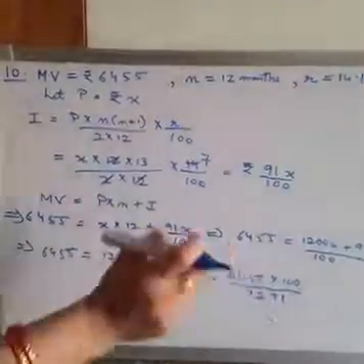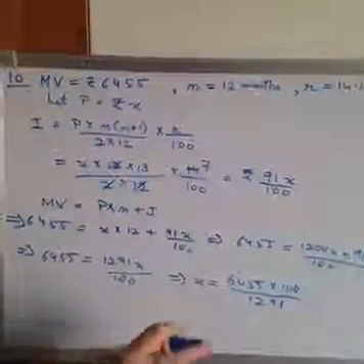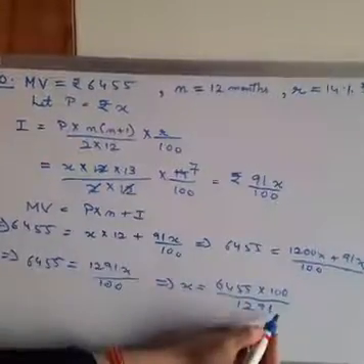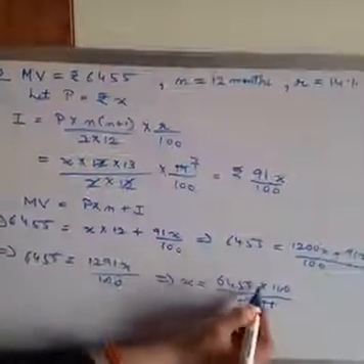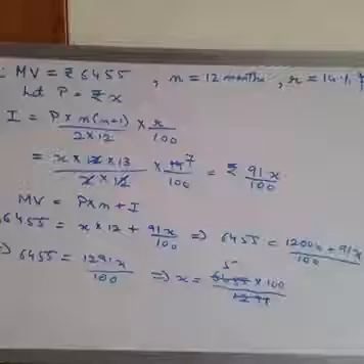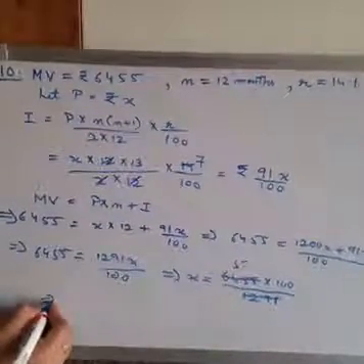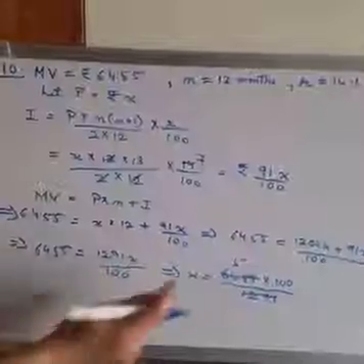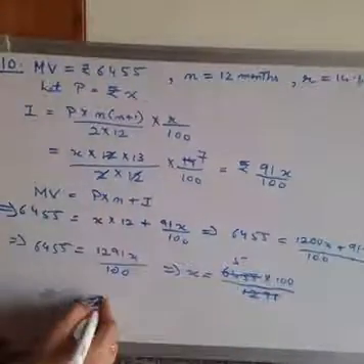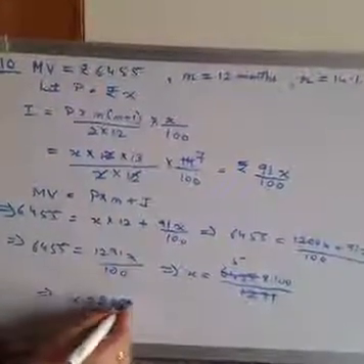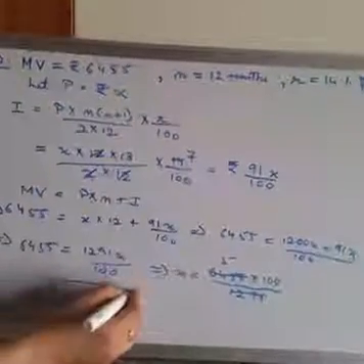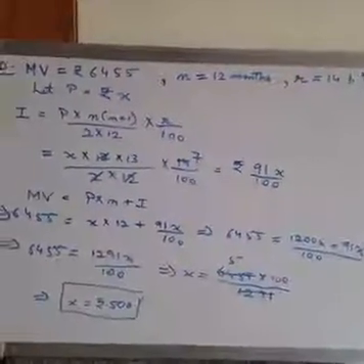This will directly cancel 6455 5 times. Okay, please do the calculations yourself and write. Simply copying the digits won't work. I have told you earlier also. So this will give the value of x to be equal to 5 into 100, that is equal to rupees 500. Please do the calculations and get it. Okay, fine. Children, let's now move on to the next question.